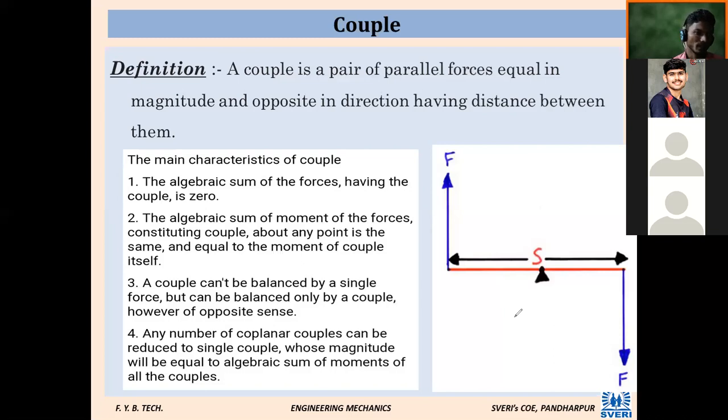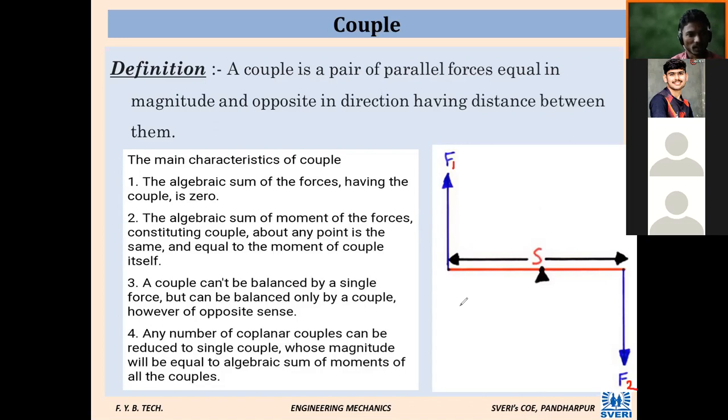So the main characteristics, again it is pure theory, so you can remember this. The algebraic sum of the forces forming the couple is 0. If you add F1, this force, and F2, the bottommost force, what will be the addition of F1 and F2? It automatically comes 0, because one is upward, one is downward. These are the characteristics. A question may be asked in the exam: what is a couple, give its characteristics with applications. In the next slide, we are going to see its applications also. It is a theory question, so there is no sum, problem or derivation.